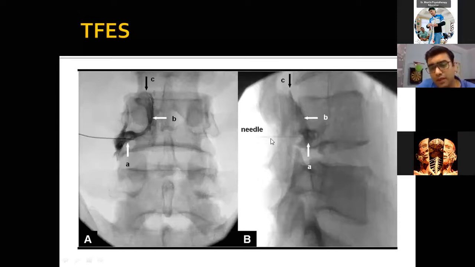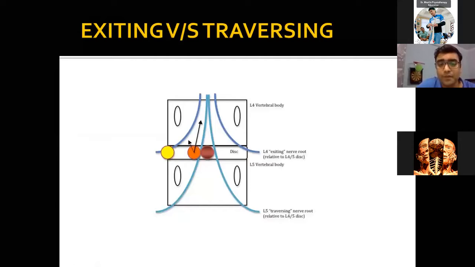So if you can appreciate this needle over here, it has gone up to the epidural space in the foramen. This is the foramen where the nerve is exiting. And it is confirmed with a dye so that you can trace the nerve root, from where the nerve would be starting from here and coming down over here. So depending on what level the nerve is being compressed by the disc, accordingly a particular nerve or that epidural space can be blocked with xylocaine, with a local anesthetic and a steroid injection.